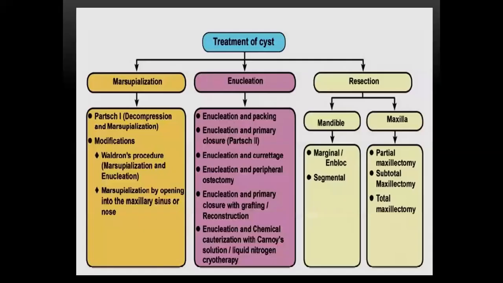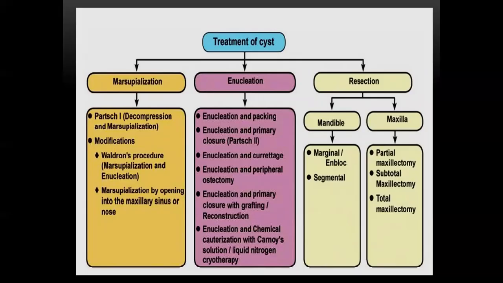So these are all the conservative management of the cyst. Either you can do an enucleation or you can do a marsupialization. As I told, when to do an enucleation? Only in case the size of the cyst is smaller than 2 centimeters. When to do a marsupialization? Marsupialization is most commonly indicated whenever the cyst is associated with vital structures. For example, if the cyst is associated with the inferior alveolar nerve, in order to preserve the nerve and prevent damage to it, we can do a marsupialization. Similarly, if the cyst is associated with a tooth that has to be erupted,